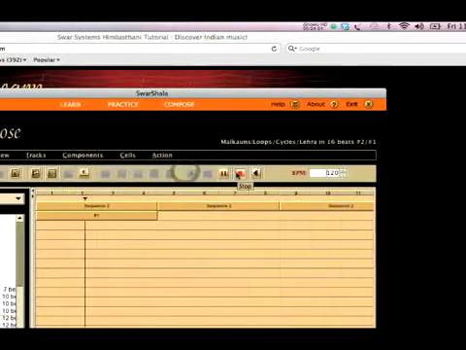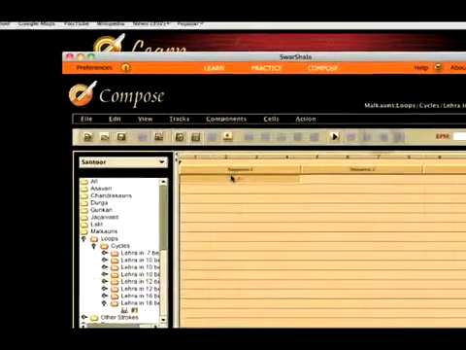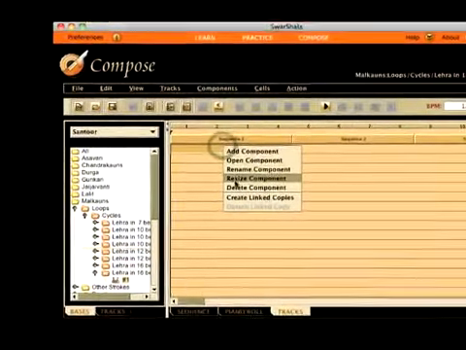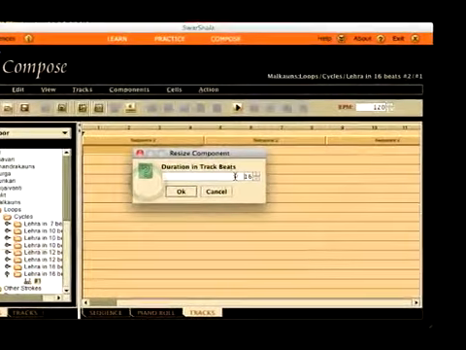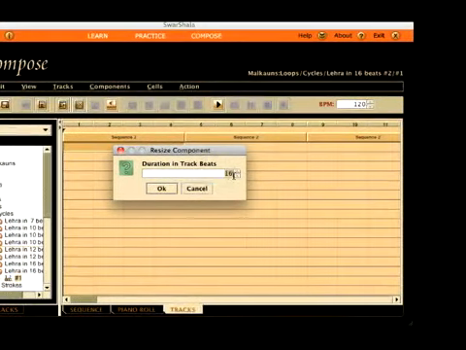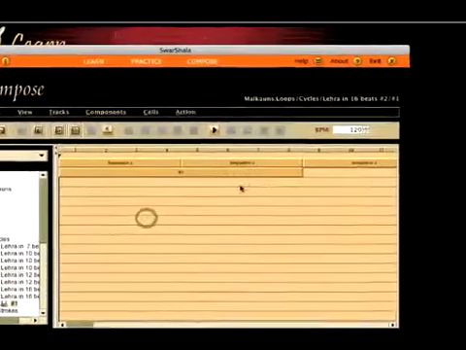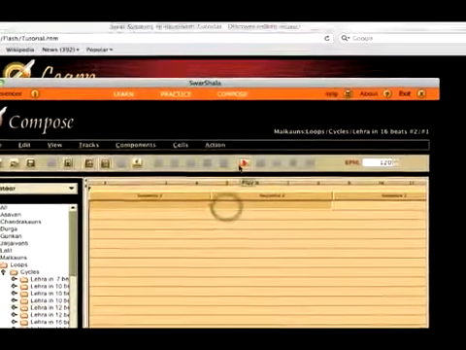Now since it's playing very fast, we can right click on the component and we'll choose resize option and set some higher value. Mostly it should be a multiple of 8. So I'll define 64.